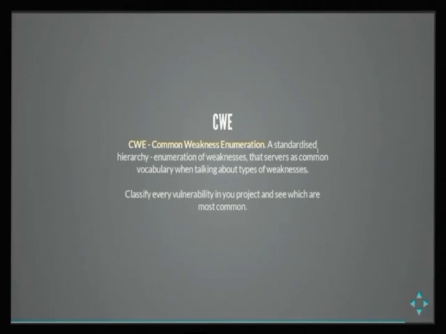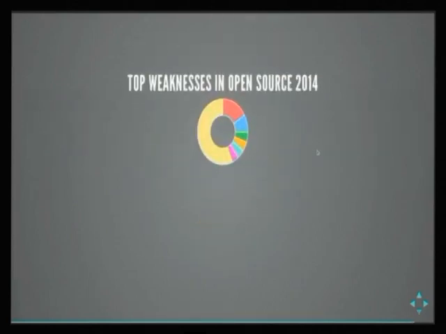So what we do at Red Hat is we classify every vulnerability, assign it a CWE, and we see which types of vulnerabilities are most common. This is a statistic for 2014 of the flaws in open source. These are all of the vulnerabilities that appeared in Mozilla. So you can guess which one was the top one.